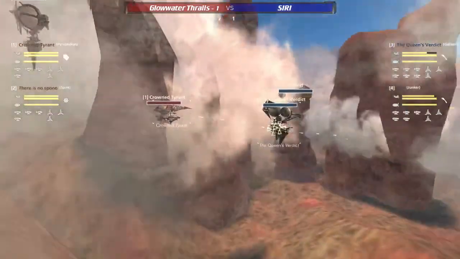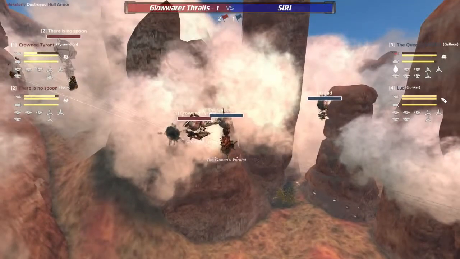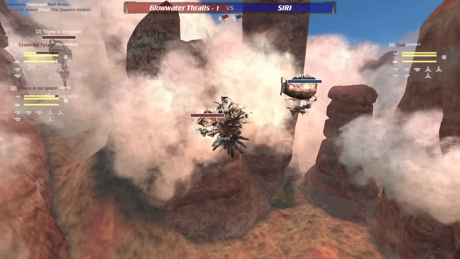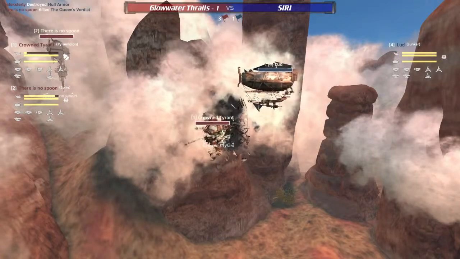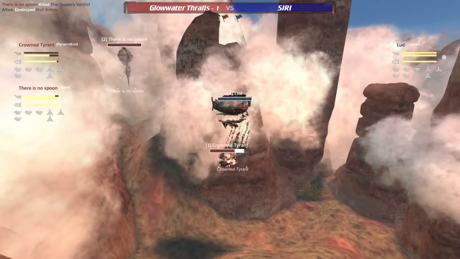Oh, Crown Tyrant finding the Queen's Verdict up right now and catching it with his Hades, Lumberjack, everything. Crown Tyrant ramming into the Queen's Moonshine Verdict. And that light flak coming in and just absolute destruction of that galleon